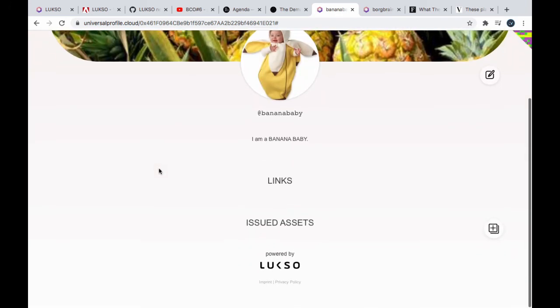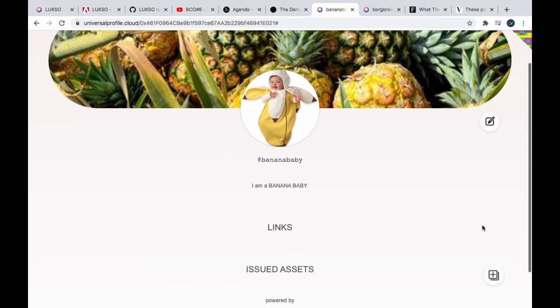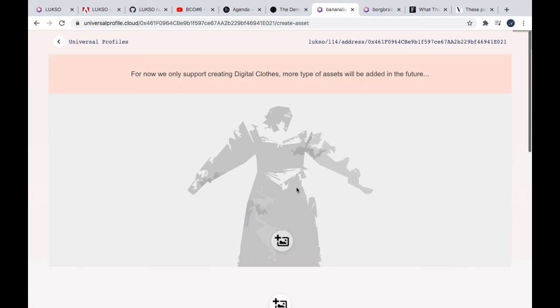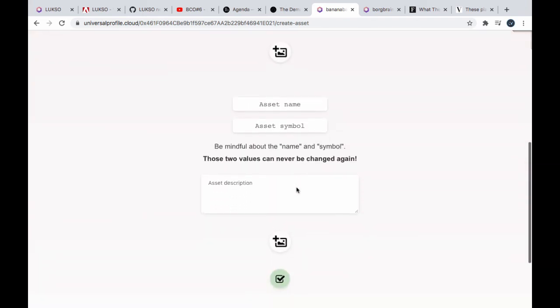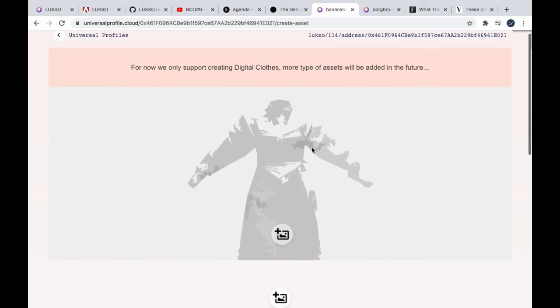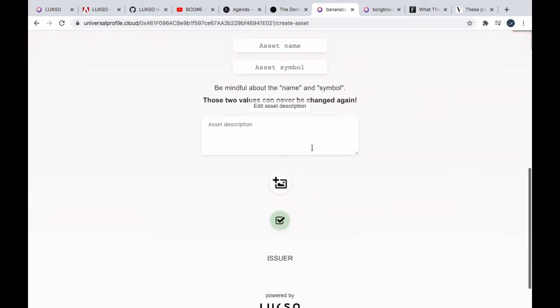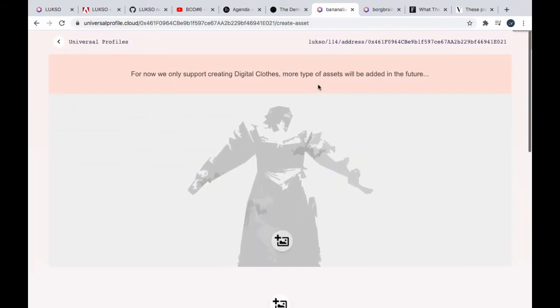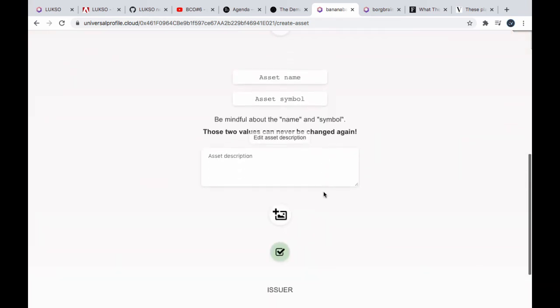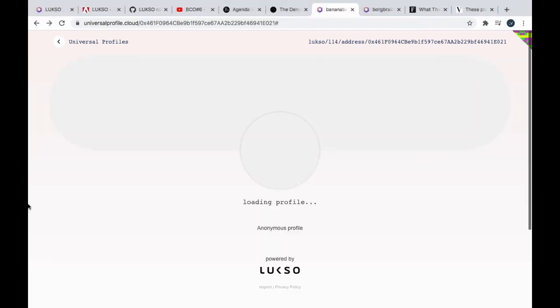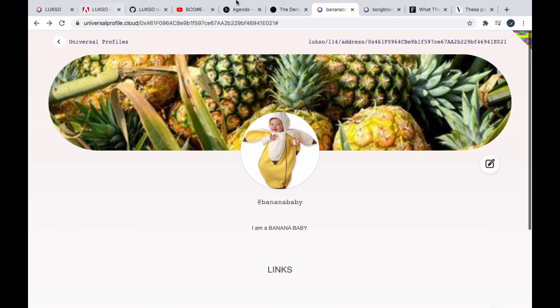I got a banana baby here, right? I could put in some links. I can add more of a description, and then I can try to get some new assets, right? Ooh, this is pretty cool. We're only supporting digital clothing for now. Oh, this is really cool. So I could start making my own digital clothing and plopping it in here. Well, interesting. I mean, kind of rambling around here, popping around, but Luxo is a